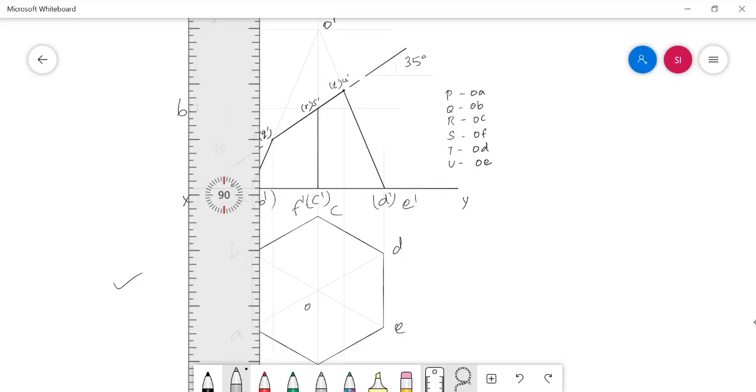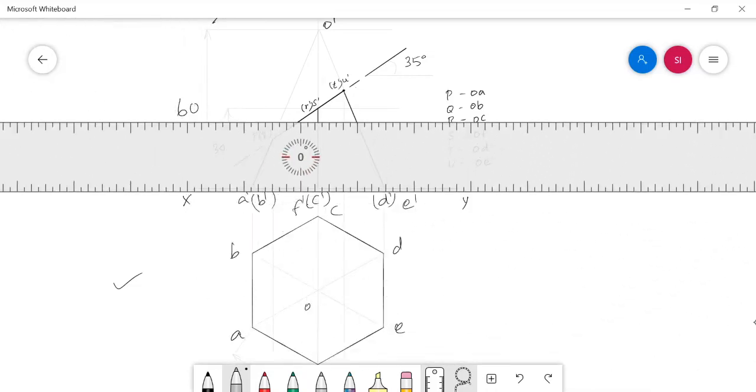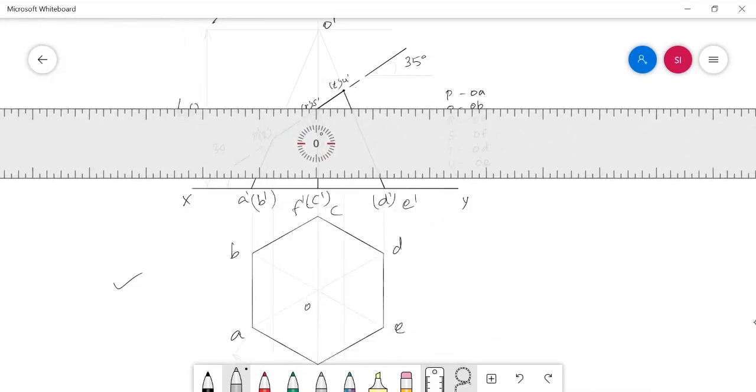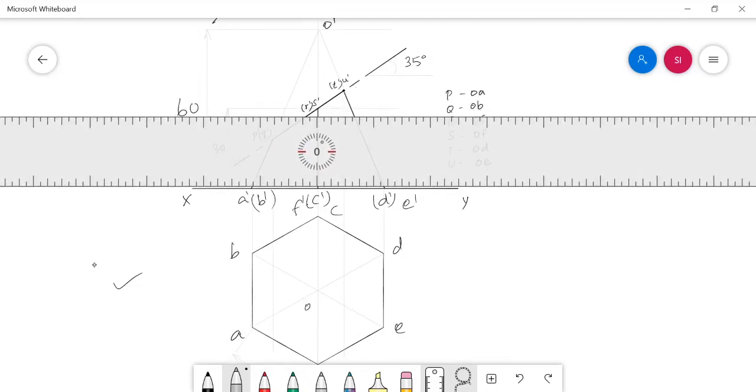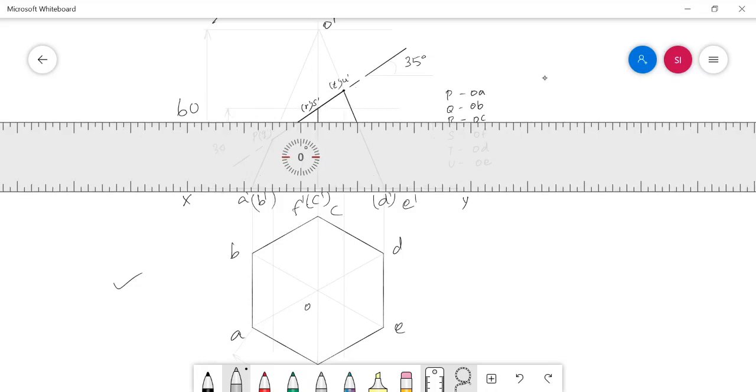because the edges O dash F dash, O dash C dash and OF, OC are perpendicular to the XY line both in front and top views. So here we need to follow an additional method to mark them in the top view. Simply project these two cut points, R and S, towards the extreme slant edge in the front view,